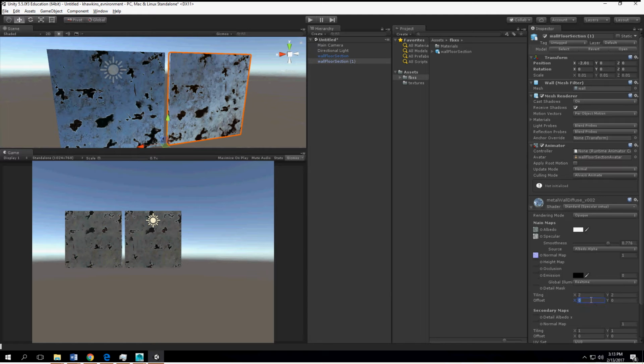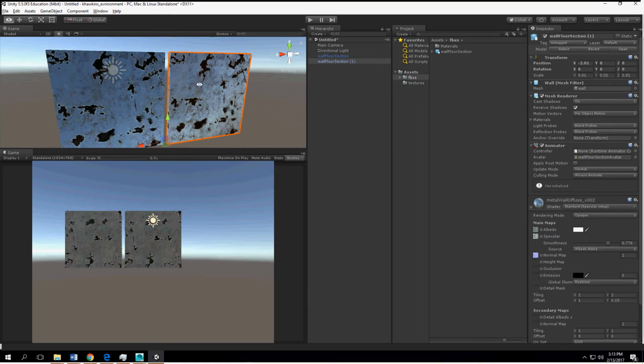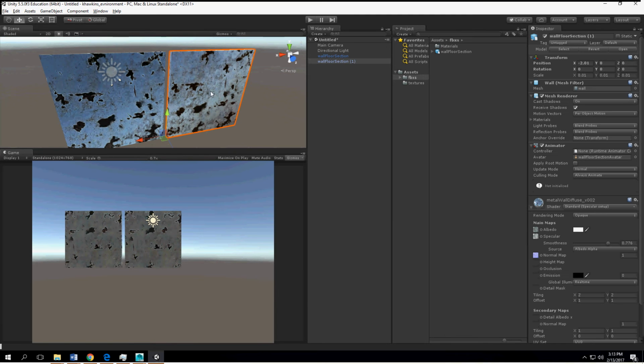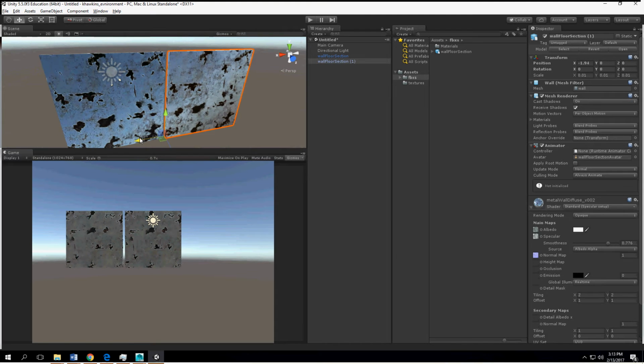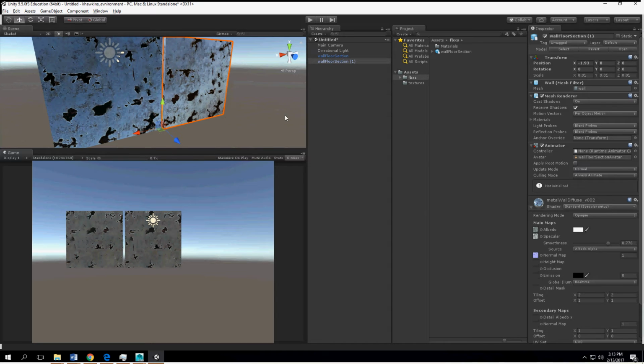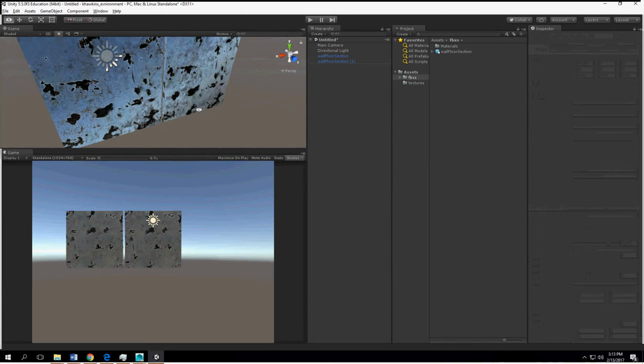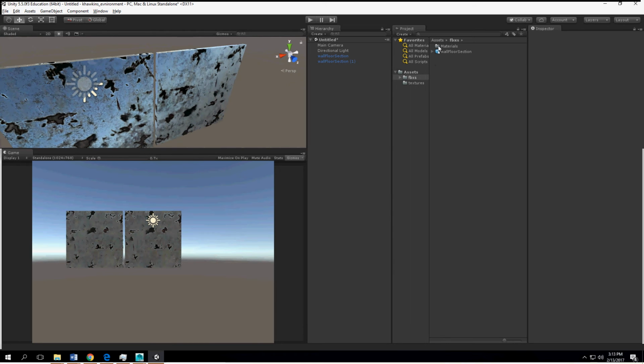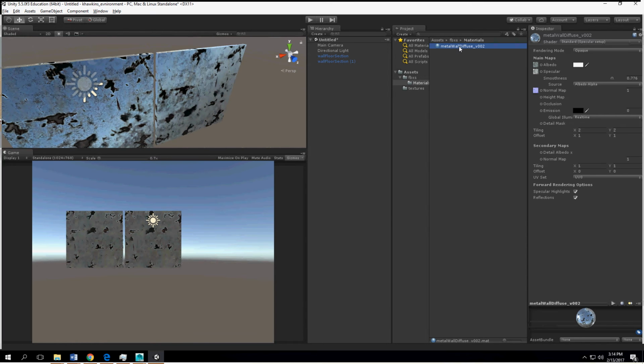So let's say we, because we have two of them. If I have this here and I tile it both, they're going to be pretty much the same tile over and over again, which is good. We can play around with the offset, but for me to do that, then I need another material to do that with. I could take this one,